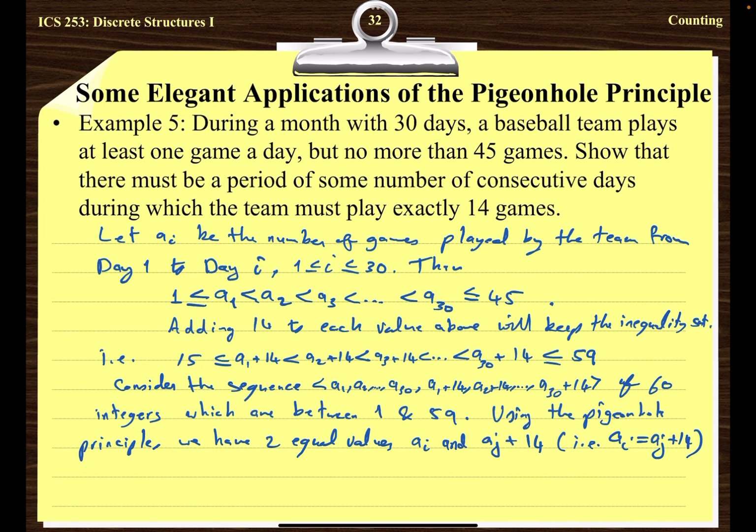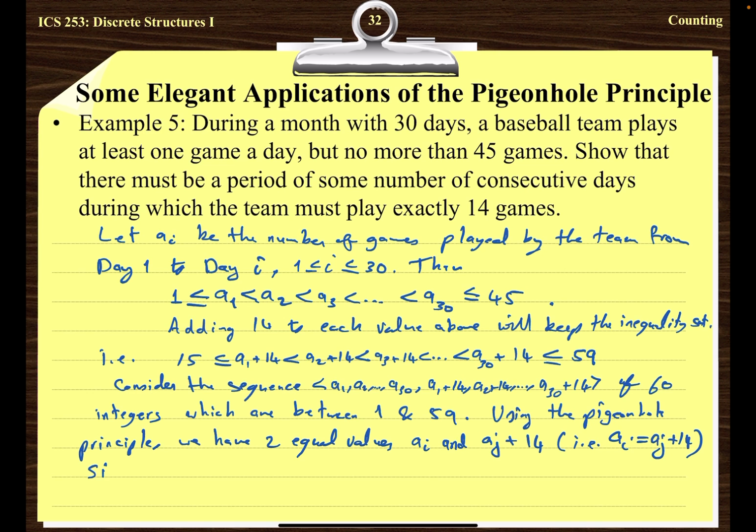طيب مين يذكرني ايش يعني AI؟ Number of games played from day 1 to day I صح؟ وال AJ number of games played from day 1 to day J صح؟ طيب based on this which one is strictly bigger, ال AI ولا ال AJ؟ ال AJ أكبر من ال AI؟ ترى ال AI هو AJ plus 14. ال I has to be greater than J صح؟